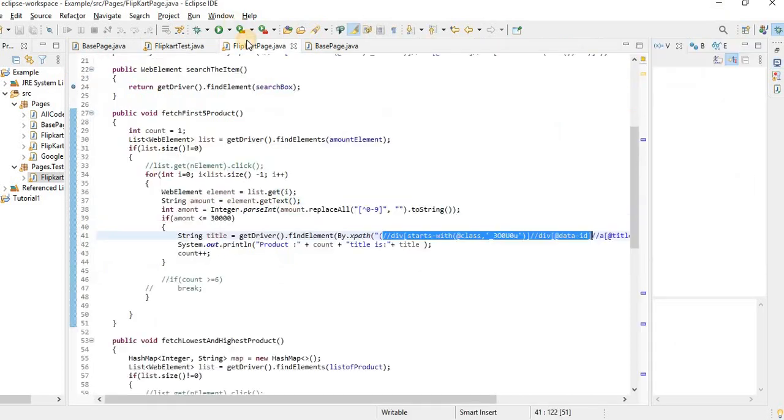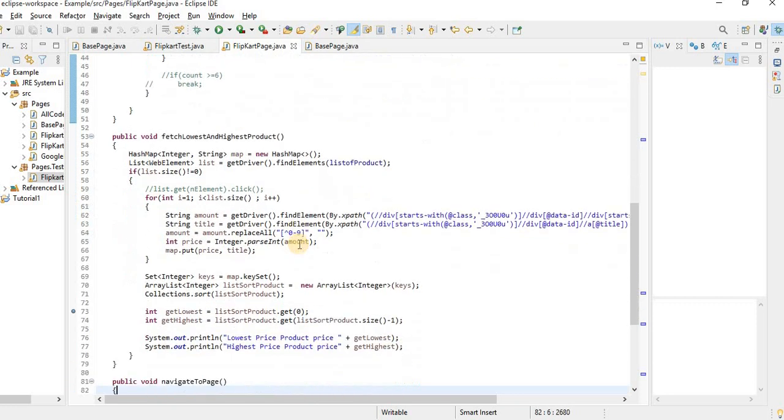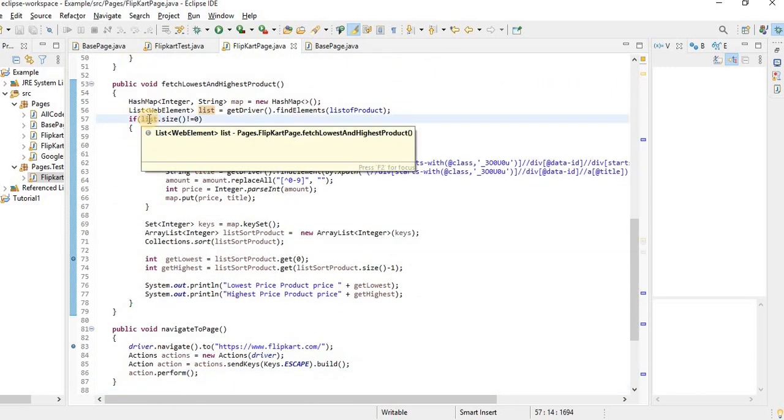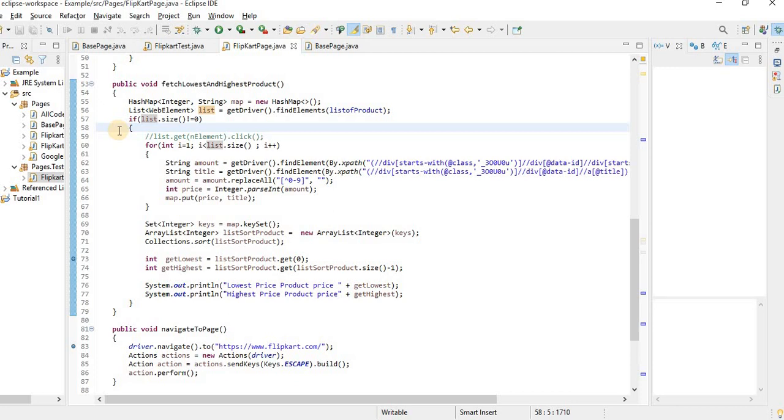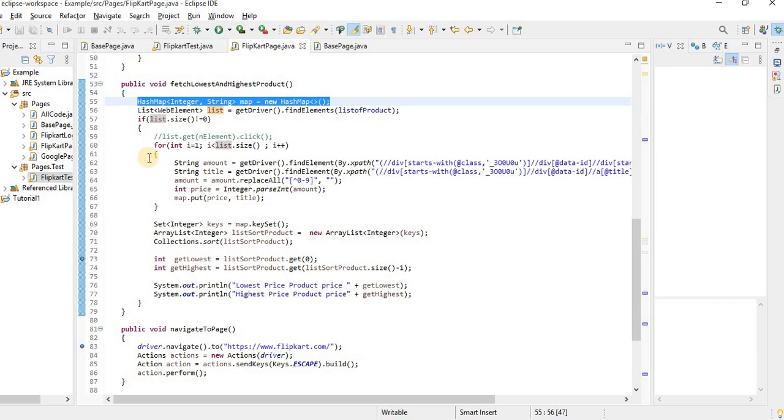Okay, now let's go back to what I have implemented for you guys. First thing here is we are going to use the concept of collection, which directly provides the sorting functionality of the list or the set in ascending order. So why should I write more logic if everything is provided here, correct? First, you have to create a hash map for integer and string. Integer is your price or the amount, and string will be your title or the product name, whatever you want to store. The same logic which we have seen previously is there here.